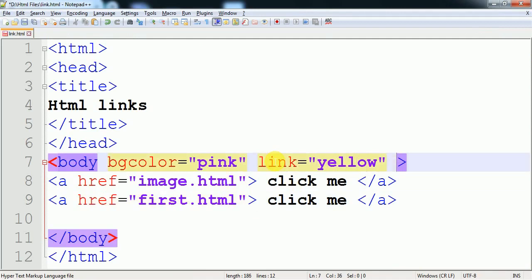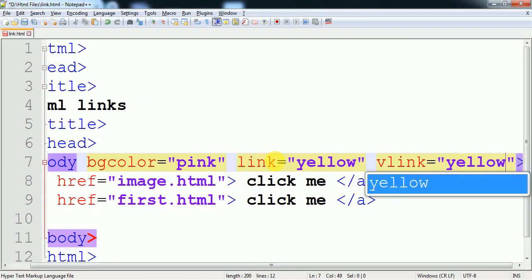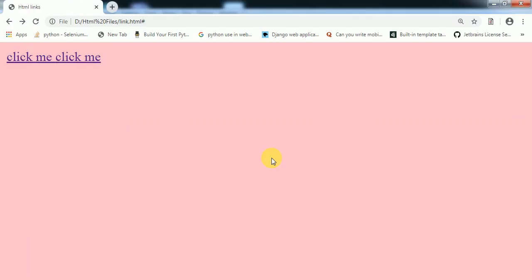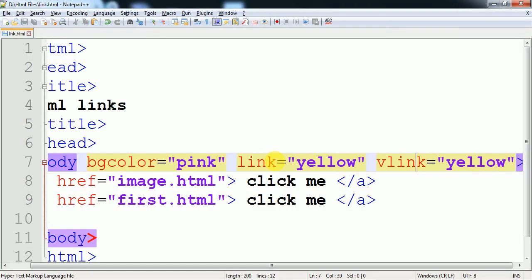Okay, now I make some changes there. Vlink, the color becomes yellow. Okay, so it is not showing us the color. Otherwise, initially with the help of link we can set the initial color of the links, but it doesn't matter.